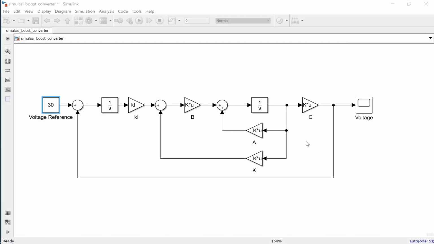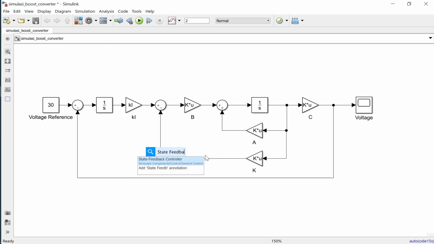Okay, and then I will show you about this design. The difference between the feedback and the state feedback is that this feedback only feeds back one variable, the voltage here, and the state feedback feeds back all of the states. So there are x1 and x2 here, and this is just x2 for the voltage. Okay, that is the difference between the state feedback and the feedback.